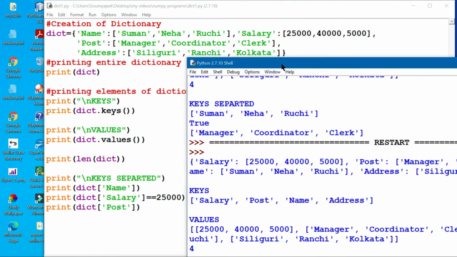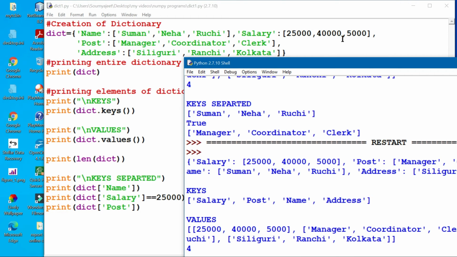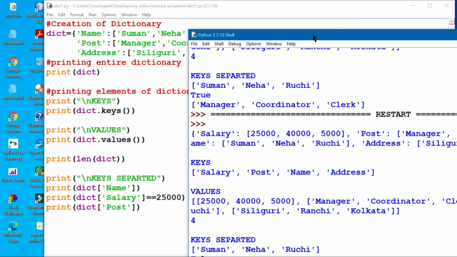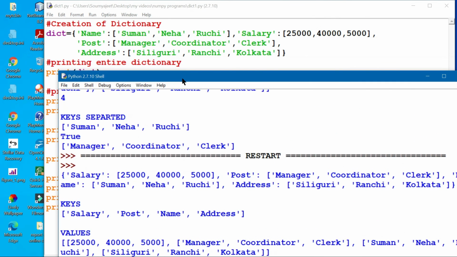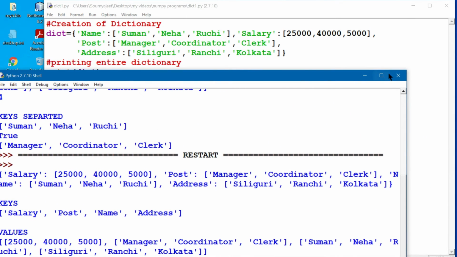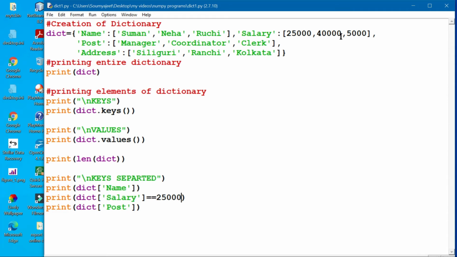Why false? Because in all cases it is not 25,000, maybe in one case, but in the other cases it would have had to be 25,000 for each individual value. That's why you have to be careful whenever the outputs are given. That's why I'm showing you, it is showing false, because all the values are not 25,000. Fine, that's the thing. Let us make one value 25,000 and see whether it is functioning and how it is functioning. I'm executing. Run. This one, you see the output.